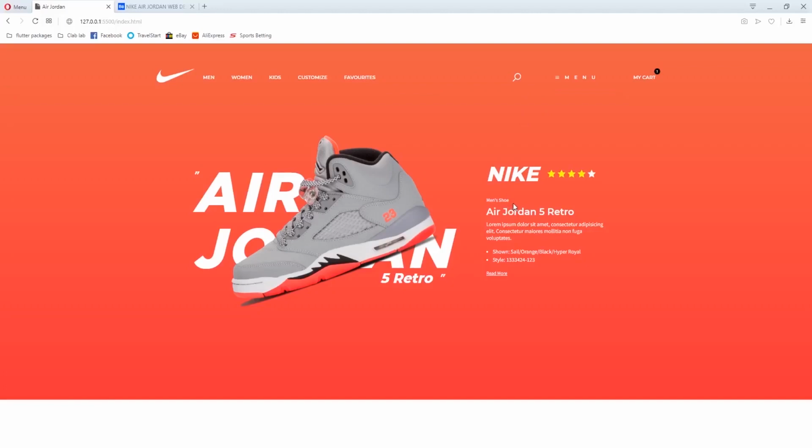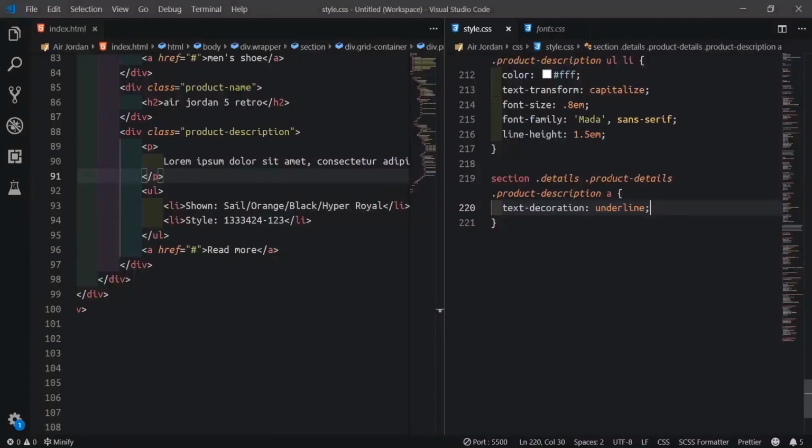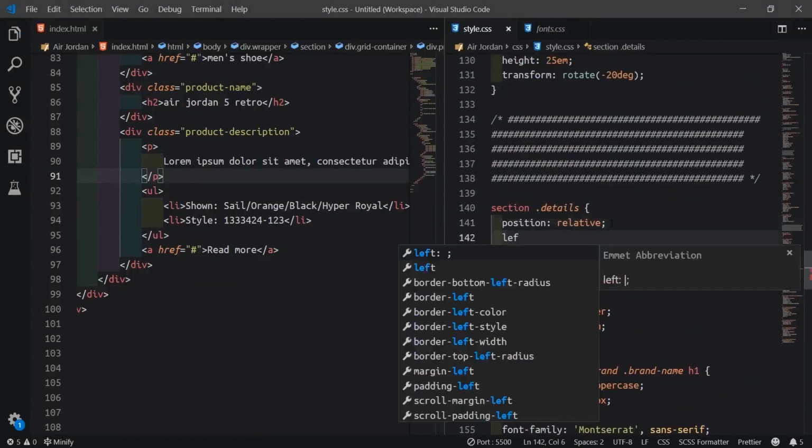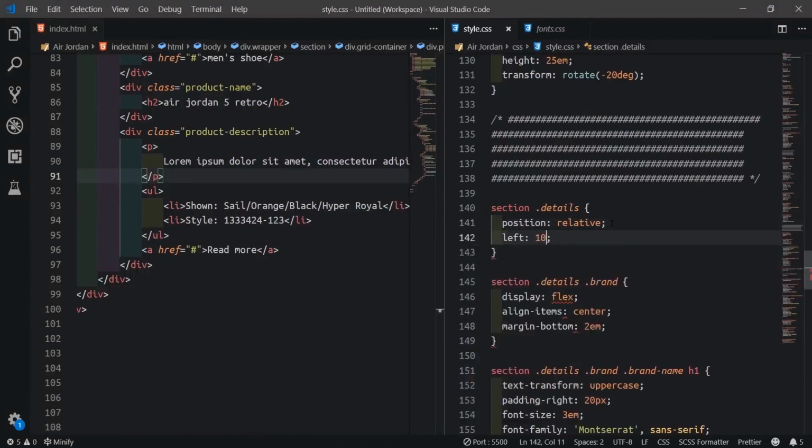So what we could do, we'll push them more. Go back to this top section here. If we say left to be like 10%. Let's see.